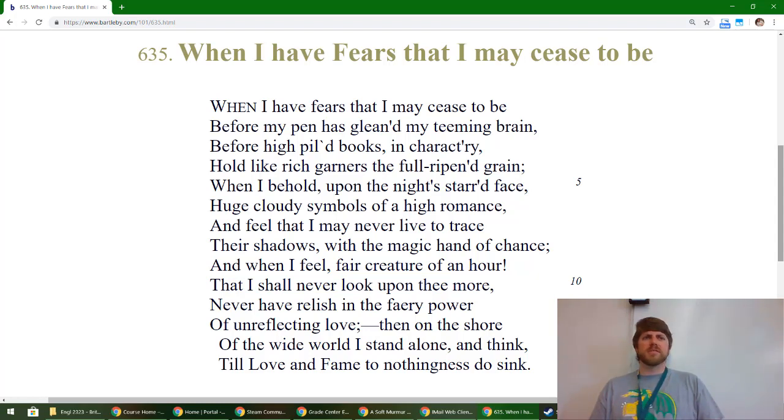He's just really good at metaphors and symbolism and images that match what he's trying to talk about. So it starts off with a "when." So we've got the when, and then he tells us what happens eventually. Because he says, when I have fears that I may be in the situation where I haven't had a chance to write everything that I could have written, or have books that hold all of my ideas fully ripened and ready to go. He says, "when I behold upon the night's starred face," so he looks up at the stars,